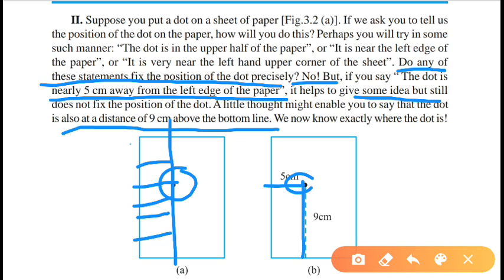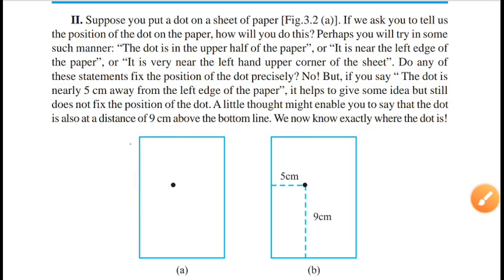So we are able to fix that point. Okay, so now we know exactly where the dot is. In this way we are able to fix the dot. These are known as coordinates. Now how are they known as coordinates, how can we describe those points? Let us check with the